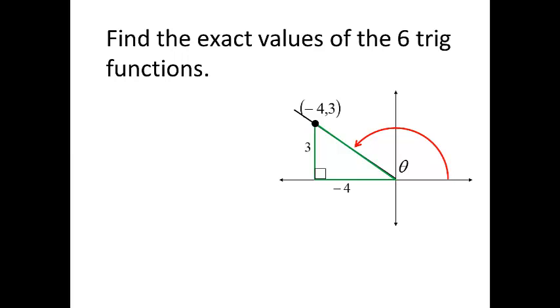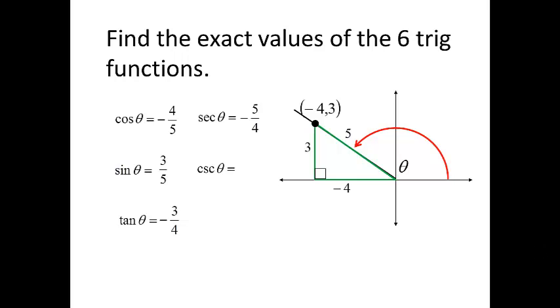Now notice that there's a sign on that -4. Even though we can't have a negative side on a triangle or any geometric shape, we have to keep that sign there, the negative, so that we can keep track of what's going to happen to our trig functions. Okay, then we get the hypotenuse using the Pythagorean theorem. That's 5. So now we're done. We'll just have to write the ratios. So cosine is -4 over 5, sine is 3 over 5, tangent is 3 over -4, and secant is 5 over -4, and cosecant is 5 over 3, and cotangent is